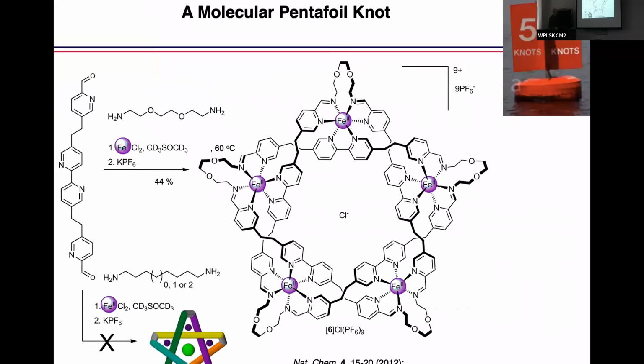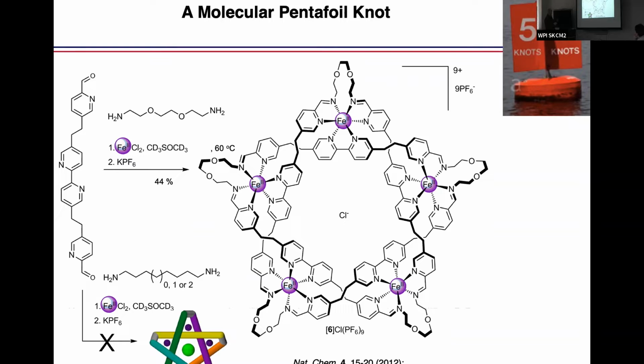And so we modified Leigh's design to get rid of the BIPY units from these two end groups and replace them with these single pyridine groups with an aldehyde. And that aldehyde can condense with an amine to form an imine to form the bidentate group that's needed on the terminals. And that is a dynamic reaction, which means we can use much lower temperatures than Leigh used. This occurs at 60 degrees in DMSO, and this is reversible, so it will do the error correcting. And sure enough, if we take this ligand and this particular bisamine, we can form this pentafoil knot in reasonably good yield,